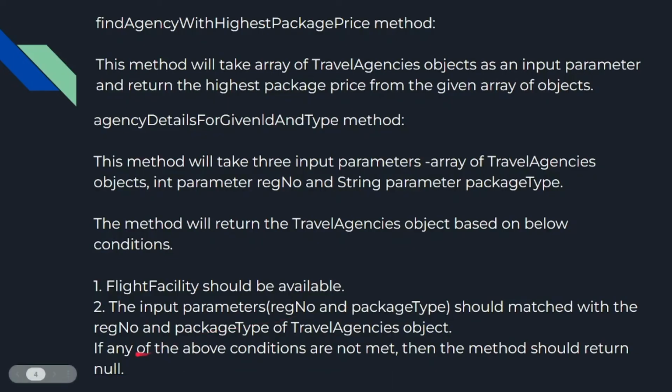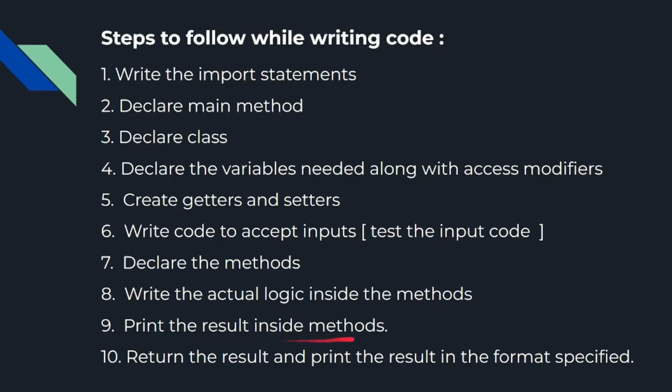Since they have asked in the question, if any of the above conditions are not met, then the method should return null. Okay. The next step is to print the result inside the method. This is an optional step. This step is just to confirm that our logic is working fine. Otherwise, if you don't want to do this, you can directly go to step number 10, where you will return the result and print the result in the format specified by